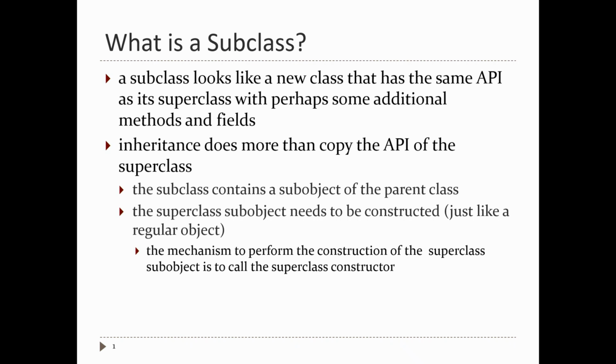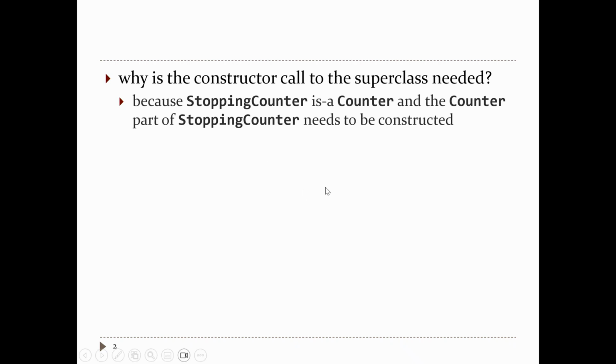Whenever you have an object in Java, that object needs to be initialized. It needs to be constructed, just like any other object. So the subobject, the Counter part of the StoppingCounter, needs to be initialized. How do you initialize any object in Java? You call a constructor. And so that's why the call to the constructor is required. Why is a call to the superclass constructor needed? Because every StoppingCounter is a Counter. That's what inheritance means, and the Counter part of StoppingCounter needs to be initialized,